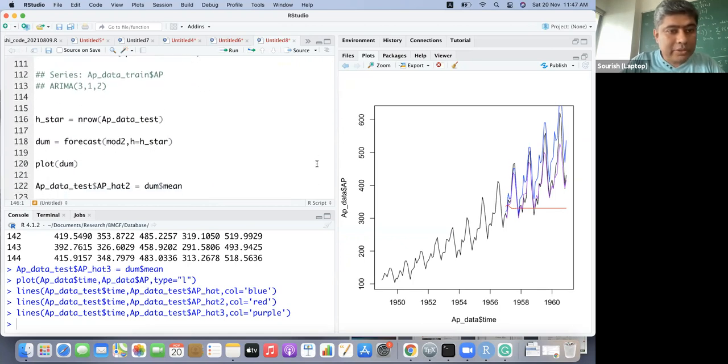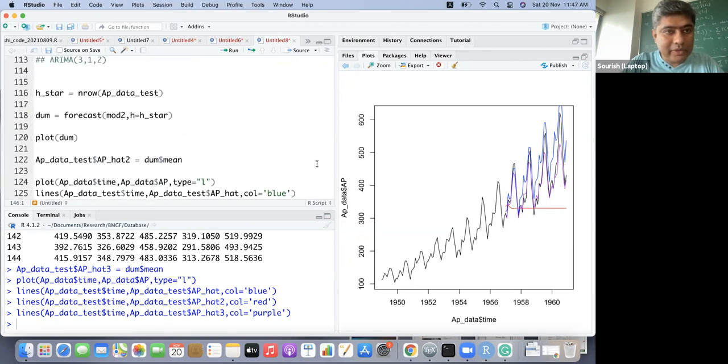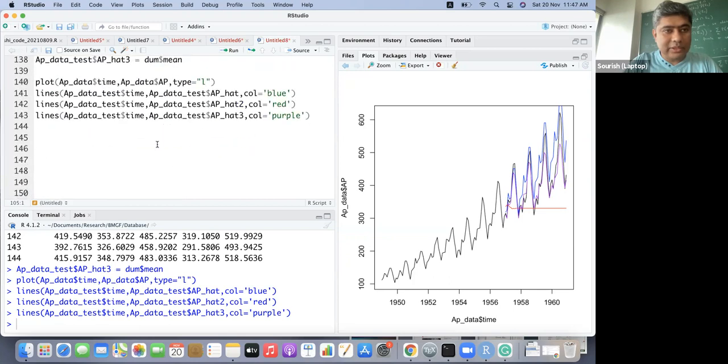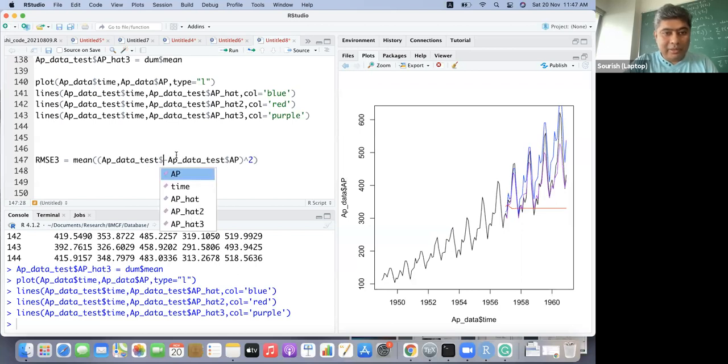So we had to compute this RMSE. And RMSE 3, I'm not even calculating the RMSE of the second model. It was so bad anyway that it doesn't make any sense to compare it.